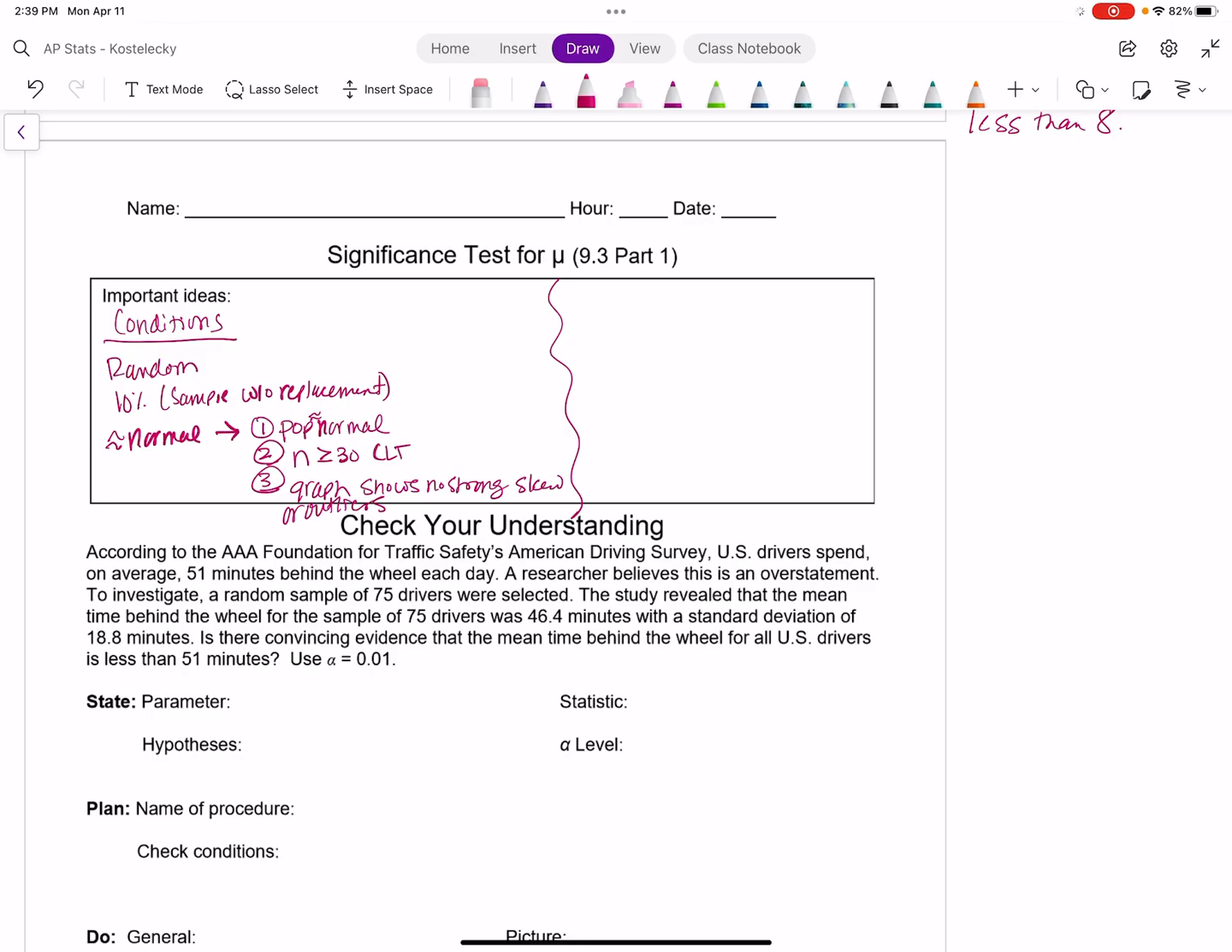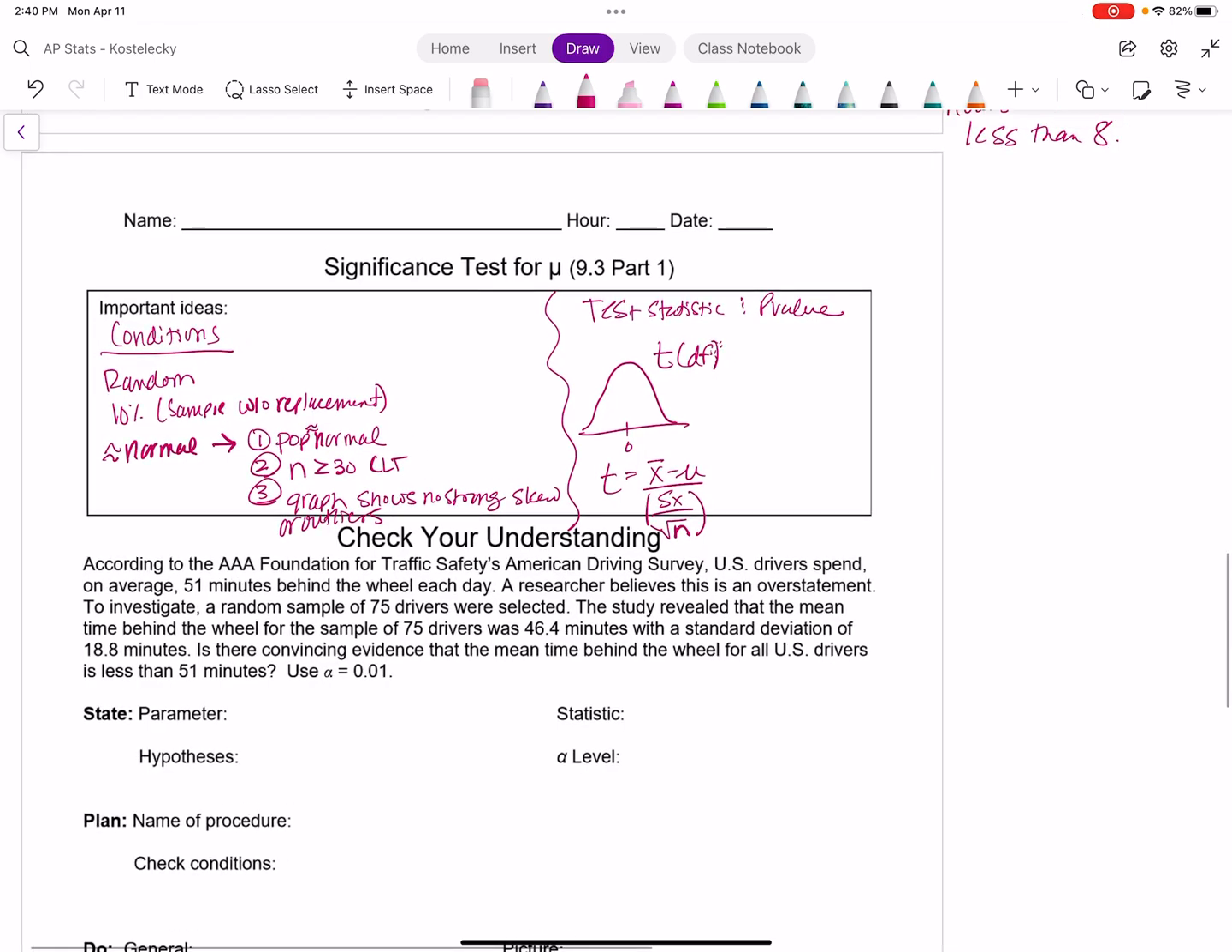Now, to find our test statistic and p-value. Now our distribution is a t, and then you put your degree of freedom here for labeling. I'm just going to put 0 there. Our formula, t is equal to x bar minus mu divided by s of x over square root of n. And then our p-value, we're going to use table B,